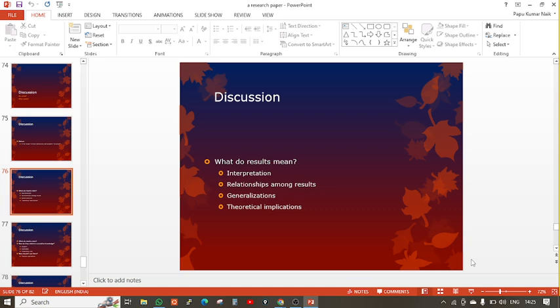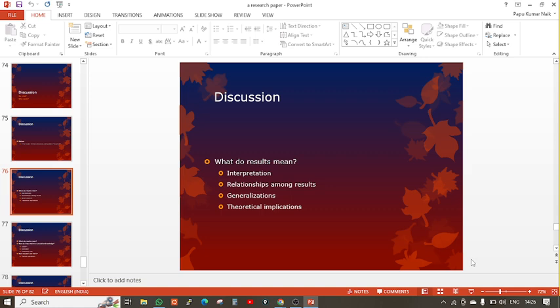Whatever you are finding in your results section, go back to your assumptions or hypothesis section. Before starting your research experiment, you make a hypothesis that this may be the reason for your solutions or maybe the reason for your questions. Then relate that hypothesis to your result, and make some interpretations